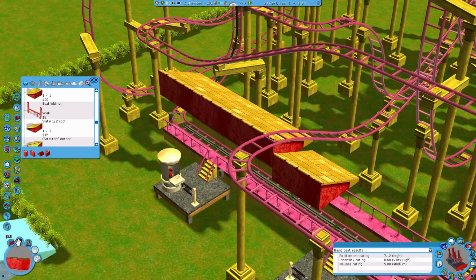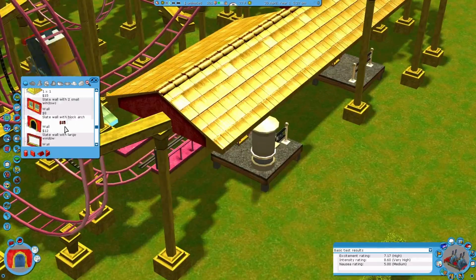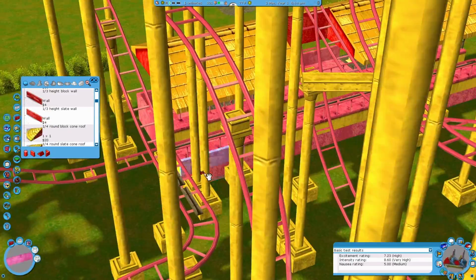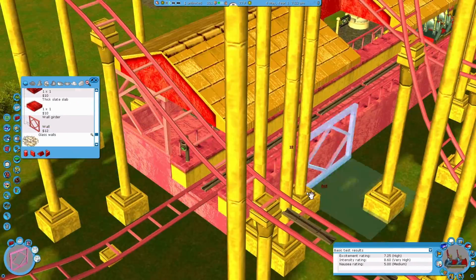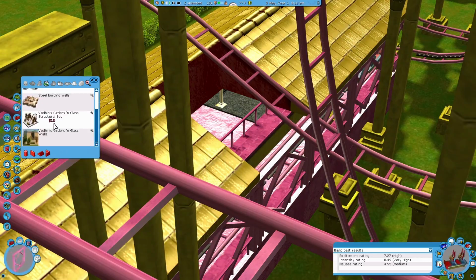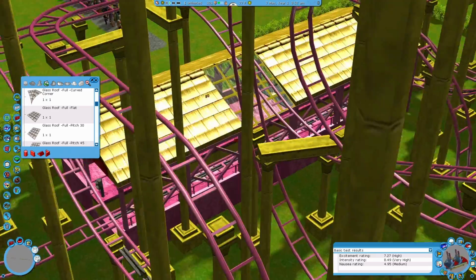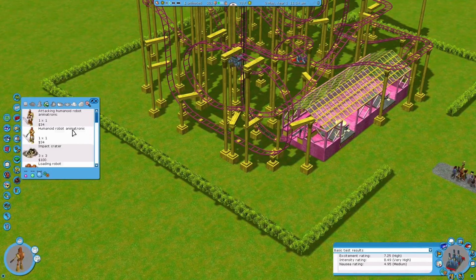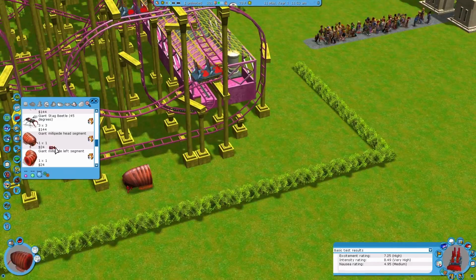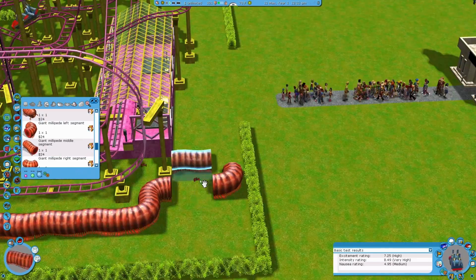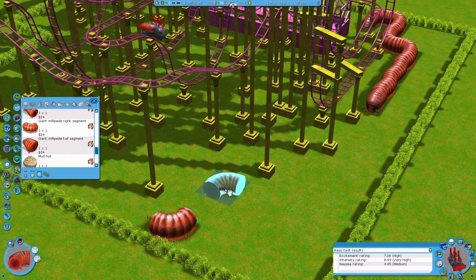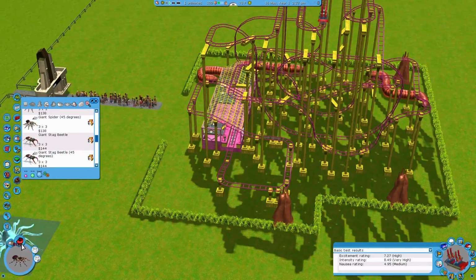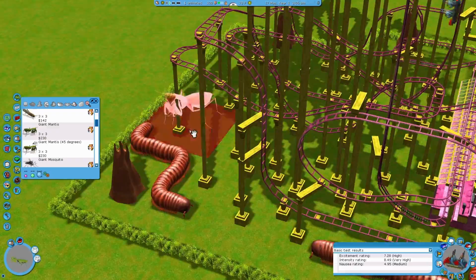I was inspired a little bit by, I forgot which scenario it's called in RCT1, but there's a Cheshire Cat's ride in one of the RCT1 scenarios that has giant chess pieces and lollipops and whatever. And I was like, I want to try and make one of those weird fantasy wonderland themings with bright colors and everything. And I wanted to do that because it's something I've never done before. It's quite different than what I usually do. Usually I stick to maybe a Western theming or a futuristic theming, but this is quite unusual for me. So I'm just sticking to these big bugs and